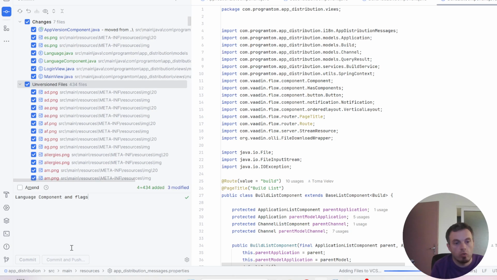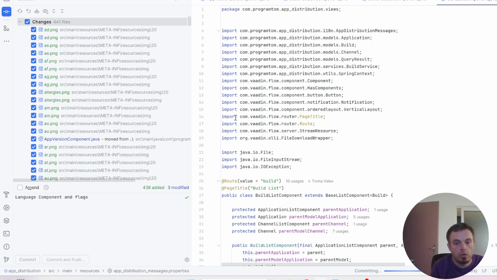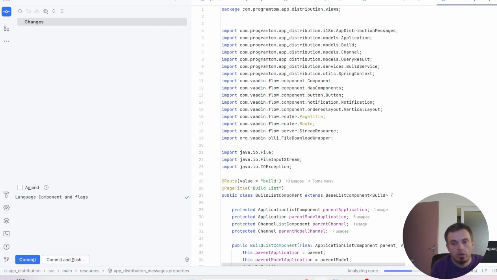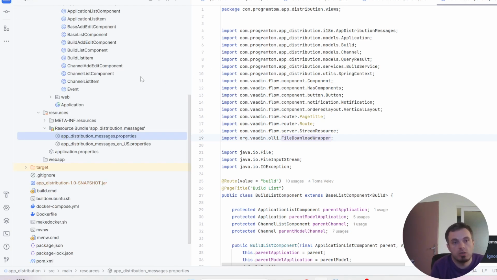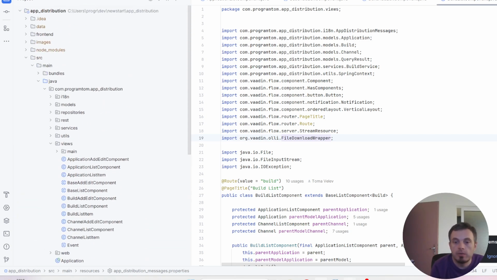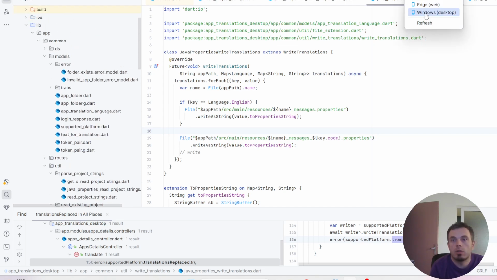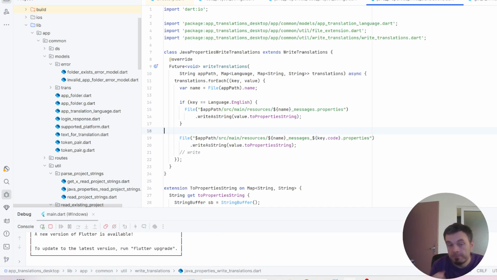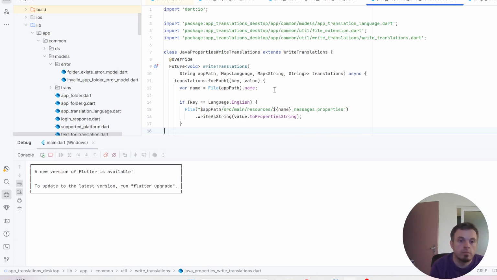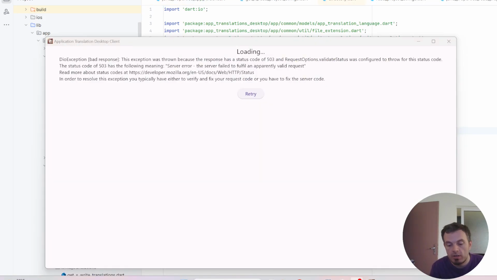I will not push the code as it will trigger a build, but I will prepare a more functional and full package of commits. So basically I have the project here, okay, the application started, but